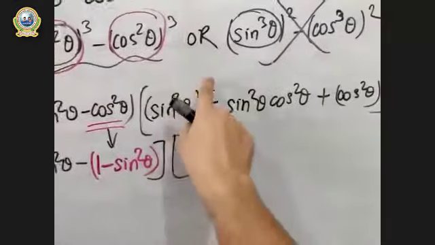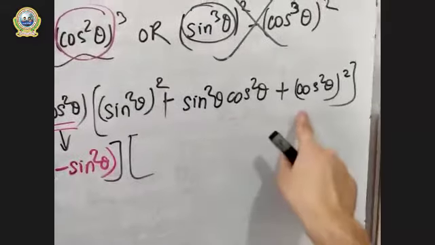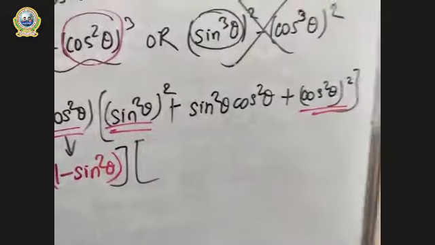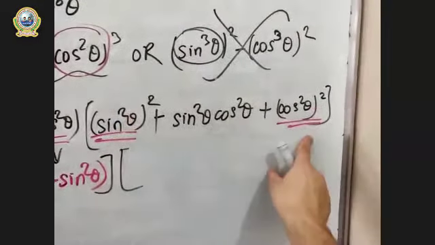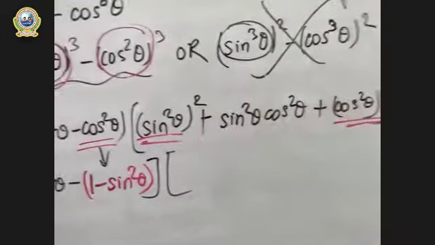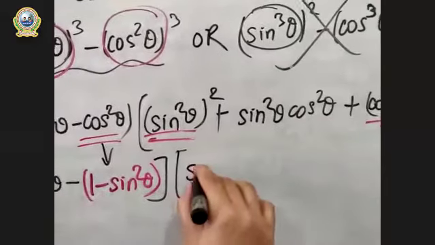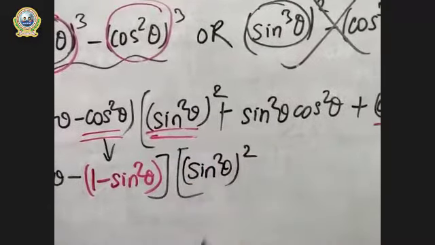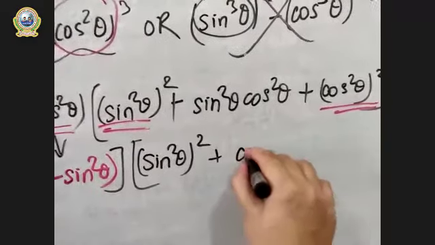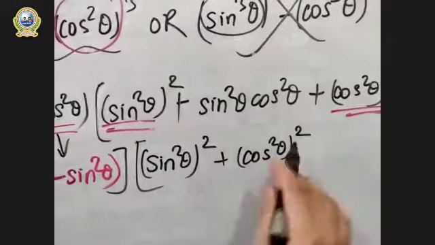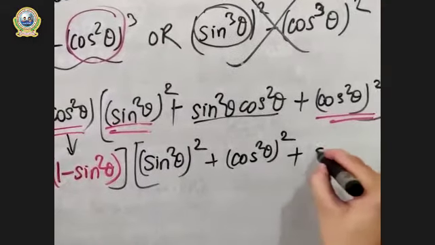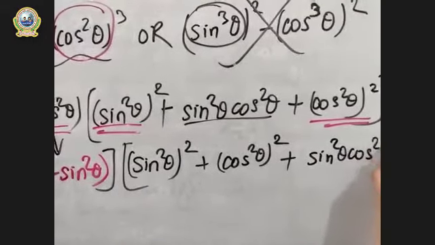So for the second part, look at here again. There is sine square whole square plus sine square cos square whole square. Now if we look at these two parts, first part and last part, it looks like a square plus b square. So let me keep these two together, so it will be easier to apply the formula. Now this will be sine square theta whole square over here, and the third part is cos square theta whole square. These two are kept together. Now this middle part is left, so we can write this as sine square theta cos square theta. Is this clear?